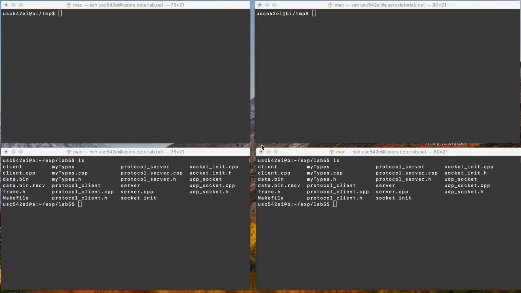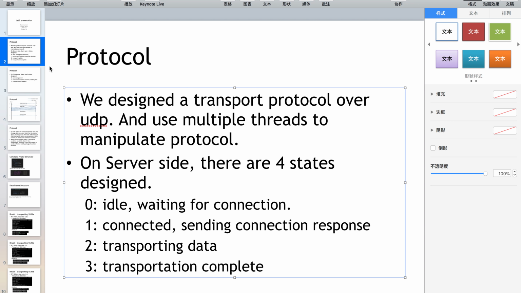This video is for E542 laboratory assignment 5. In this assignment, we need to develop a protocol that can transfer the file as fast and reliably as possible, and then we